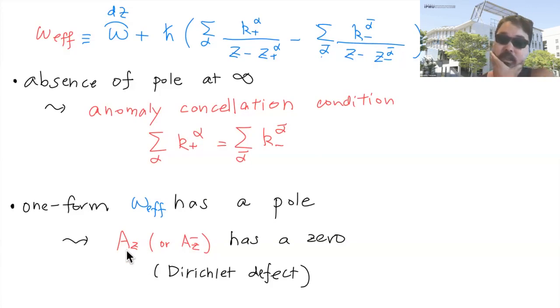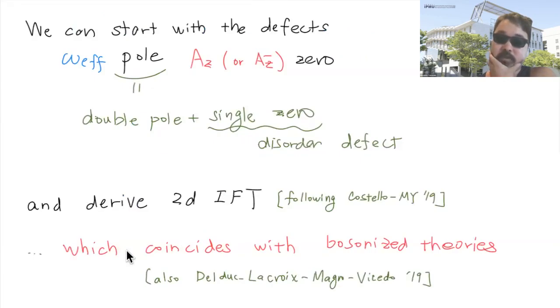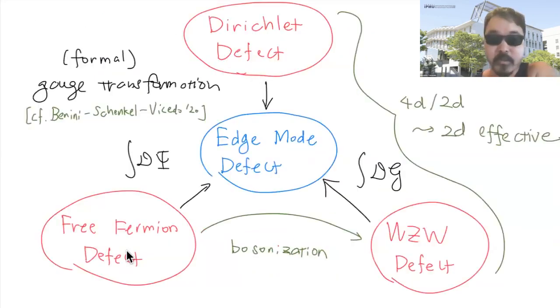And so this type of thing, you can, let's see, perhaps I can go straight to here. So there is a condition on the gauge field which I call the Dirichlet boundary condition, like a Dirichlet defect, but you can also regard it as a defect as well. And the interesting statement is that we discussed the duality between bosonization of fermions and WZW. So that's the statement of bosonization.